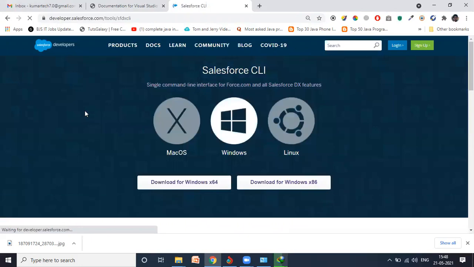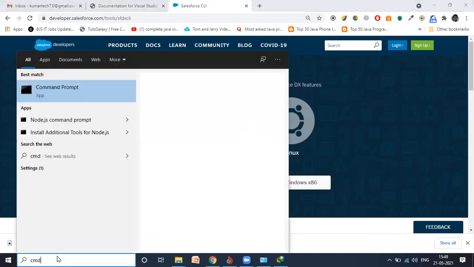And again, according to your OS, whichever you have, whether it's Mac, whether it's Linux, I have Windows. Now, if you have Windows 32-bit, then you can go here. If you have Windows 64-bit, you can check here. How to check whether we have Windows 32-bit or 64-bit? So there's option here, type CMD, yes, command prompt,